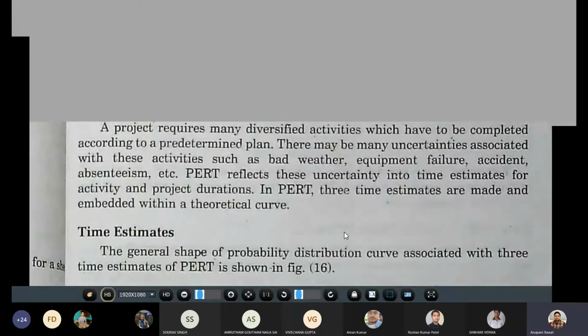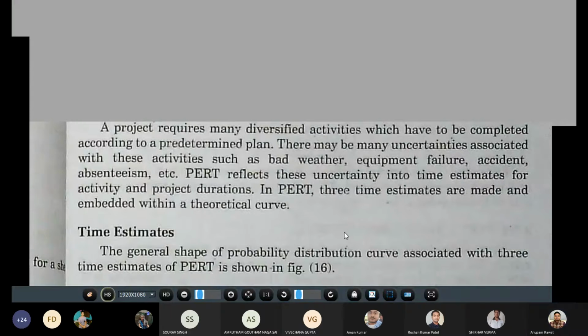PERT is a manager's tool to define a project and coordinate various operations involved. This PERT provides a direction to accomplish the objective of the project. Also, it is a profile that aids the decision makers but does not make the decisions. It is a way of synchronizing the various parts of the overall job. It is a technique that provides statistical information regarding the uncertainties about the computational time of the various activities.